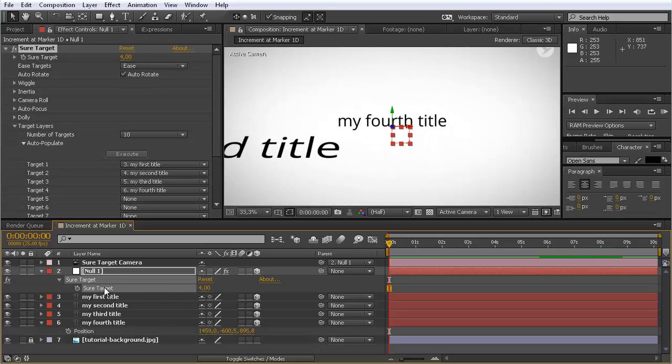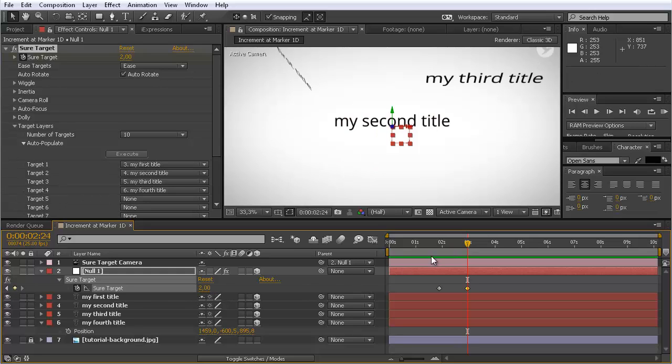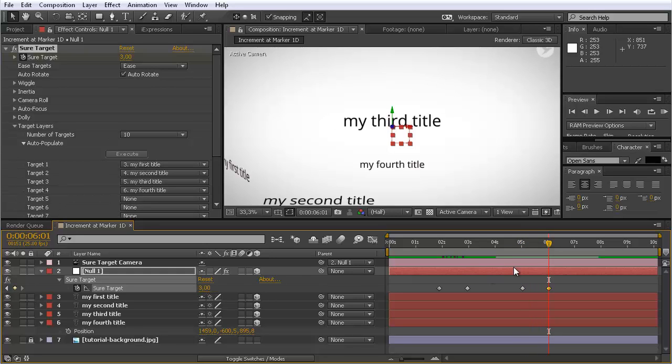And normally you just keyframe this SureTarget value here and set the first keyframe to 1. Yeah, like this. Here I have the first element in place, and now I want to transition to the second one. So I set a second keyframe for 2. Now we have our transition from first title to second title, and now I want to stay at the second title for a while, so I make another keyframe, and then again, 1 second later, for example, I want to be at 3. And so on,